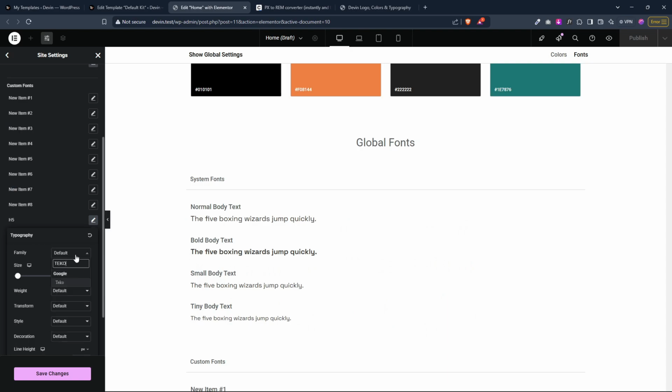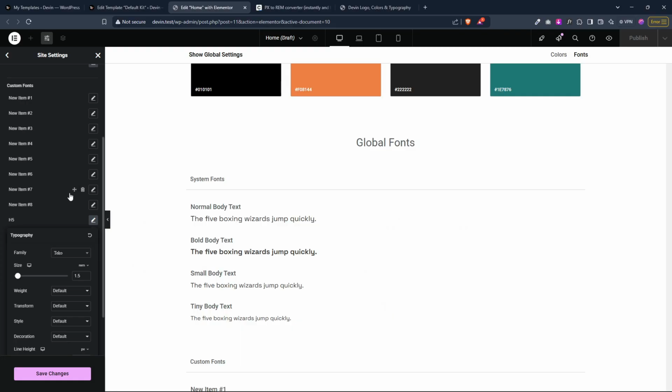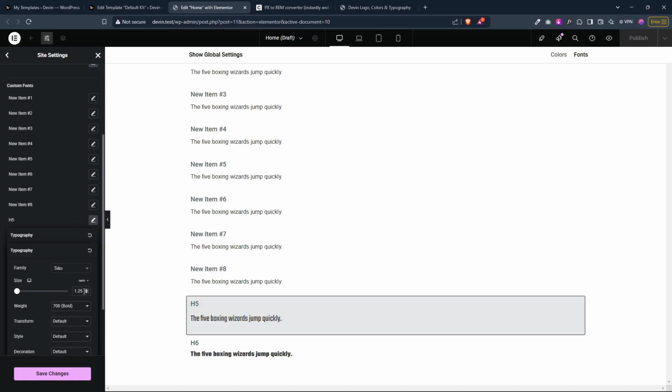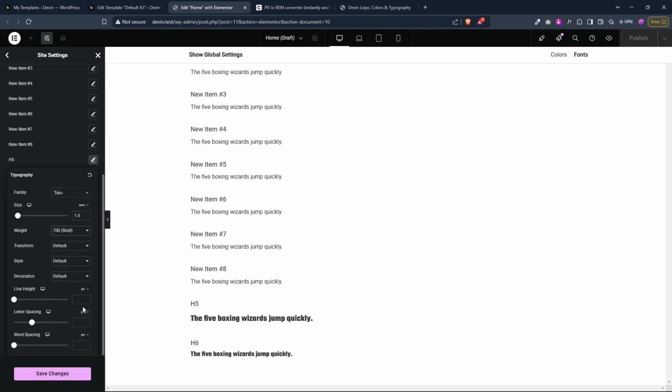Teco is a Google font. So Space Grotesque and Teco are Google fonts. Amsterdam is not, and I will teach you how to add custom fonts. So we have my H6 at Teco as well. I have my H5 at 1.5 rem with also 700 weight, and I'll put a line height